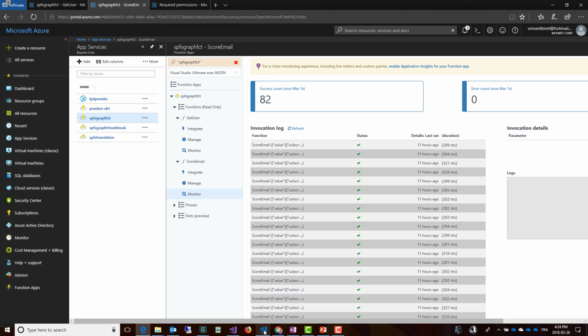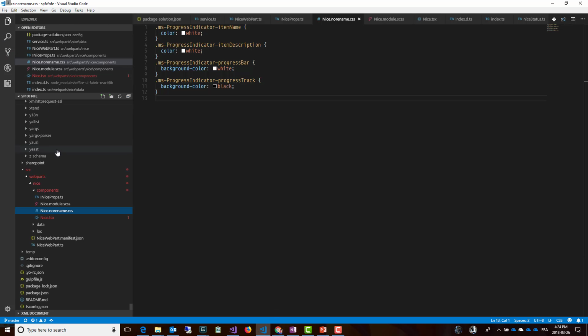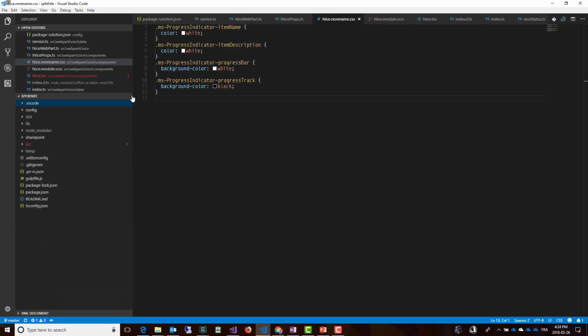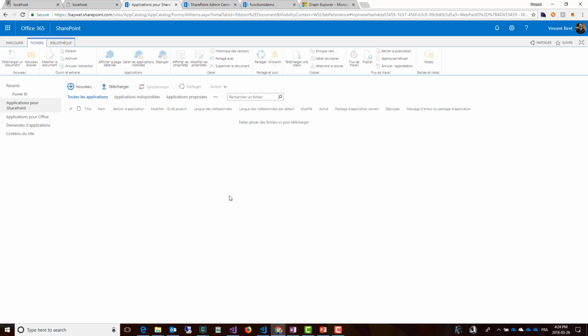Now let's dive into the SharePoint Framework web part. So this is a basic SharePoint Framework project here. Nothing super different. The only things I did here are first in the config section, you need to make sure that you actually request the scopes you need here in the manifest, because this is going to drive your deployment sequence here for the